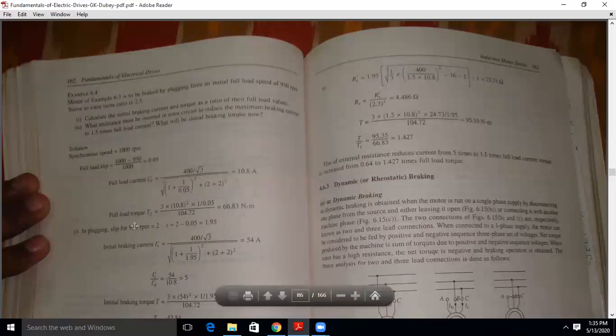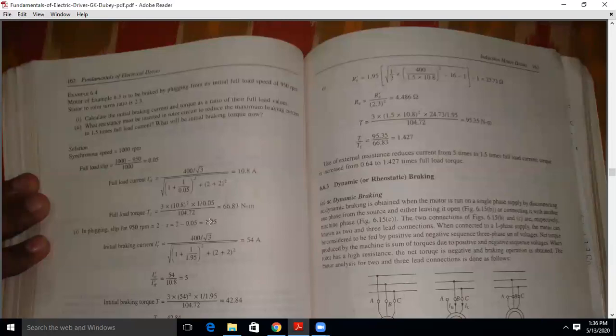Now in plugging, slip for this particular speed 950 rpm will be 2 minus 0.05, it is 1.95. So the slip is now the change, it is 1.95. So initial braking current I dash will be, again by putting all the values, just by replacing this 0.05 by 1.95, it is 54 amperes. Now take the ratio